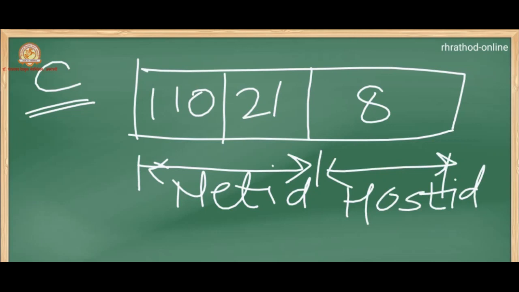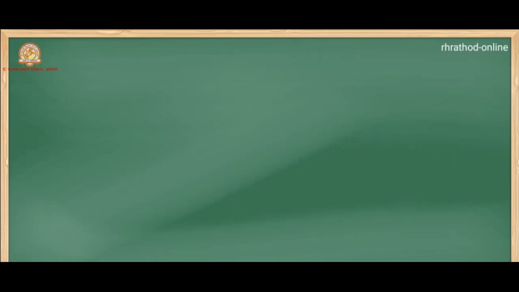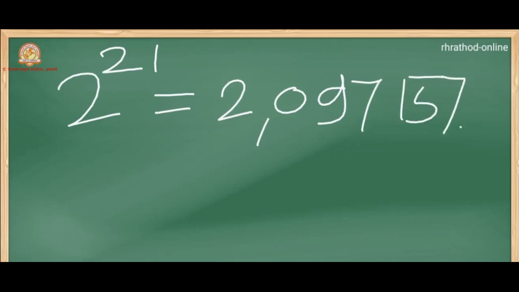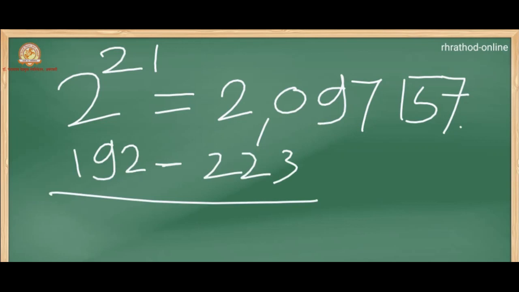As the first 3 bits are used to determine the class to which an address belongs, 21 bits are used for network address. Therefore, the number of class C networks can be 2 raised to power 21, that is 2,097,152. This many potential class C network numbers have a first dotted decimal number in the range 192 to 223. This is the range for class C.